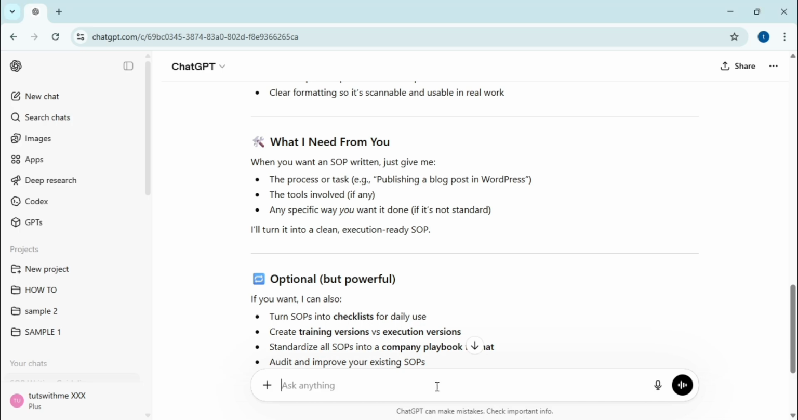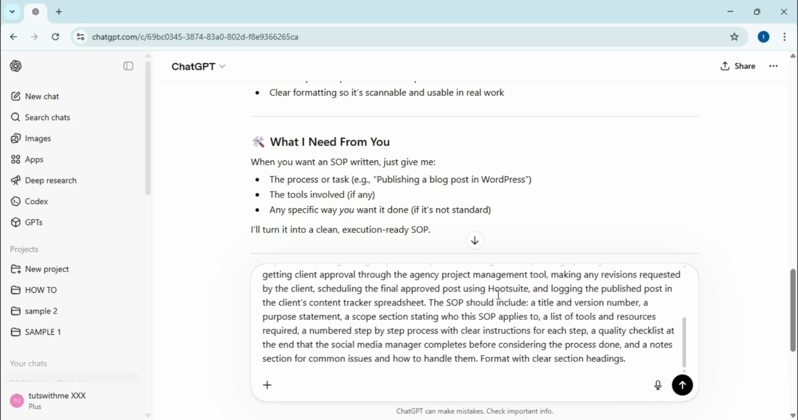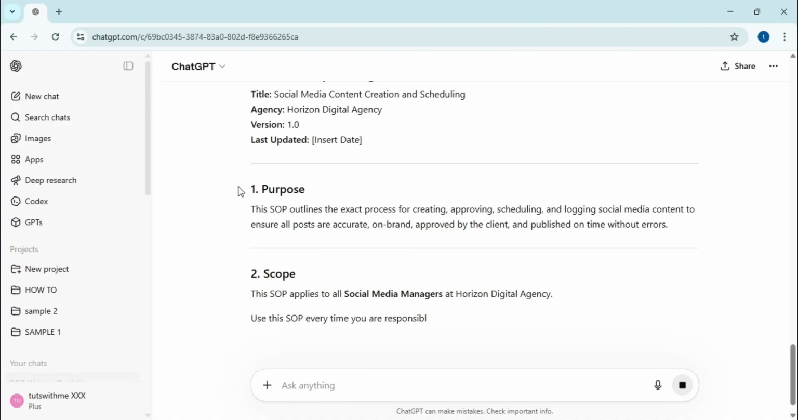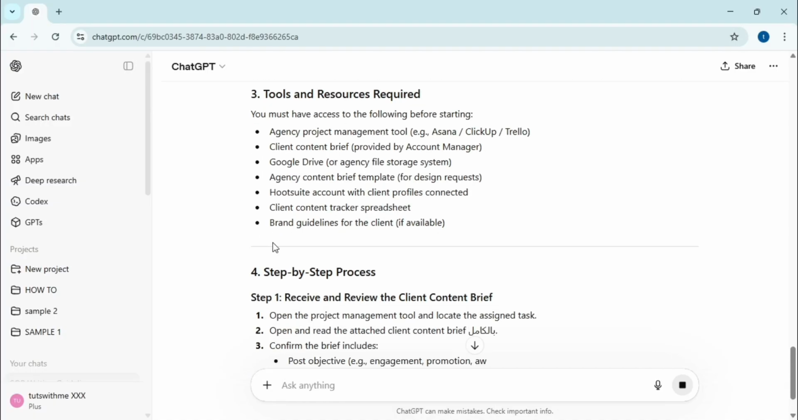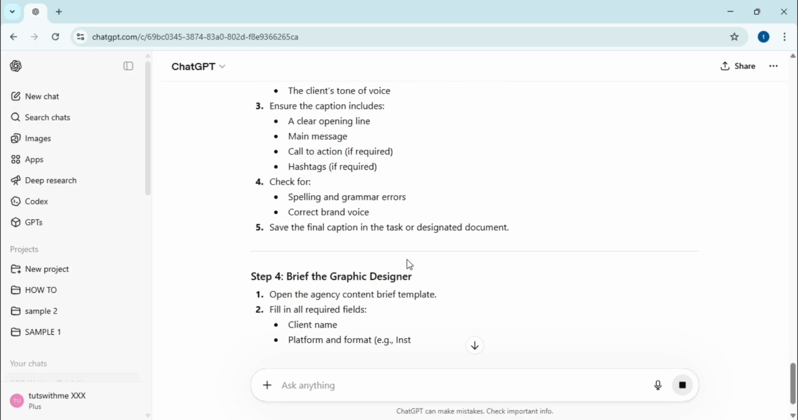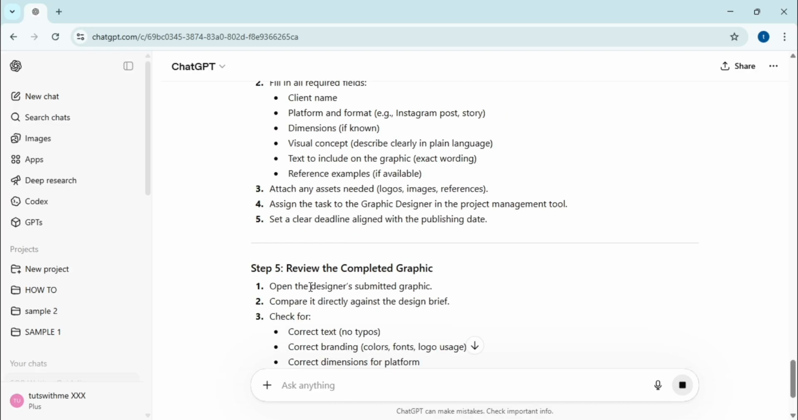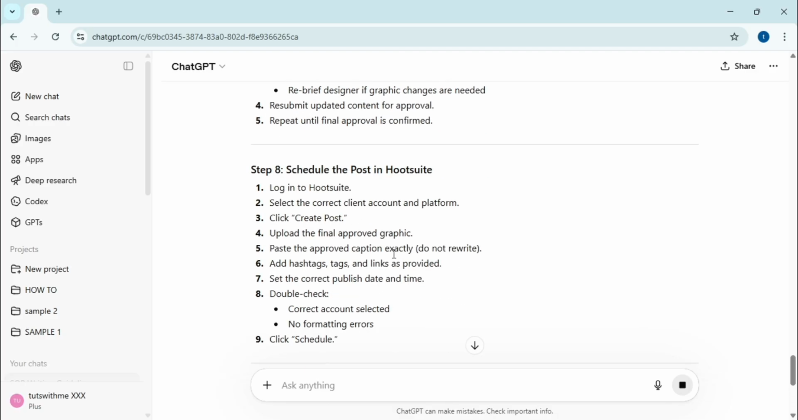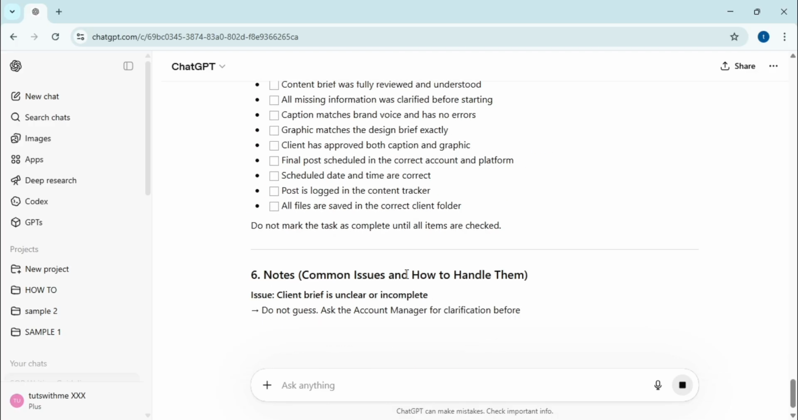Next, I ask it to write a specific SOP for social media content creation and scheduling to help manage a digital marketing workflow. The AI generates a thorough 9-step process that covers everything from the initial client brief and graphic design to the final scheduling in Hootsuite. This result ensures that every post is approved and logged correctly, providing a high-quality checklist to prevent any common errors